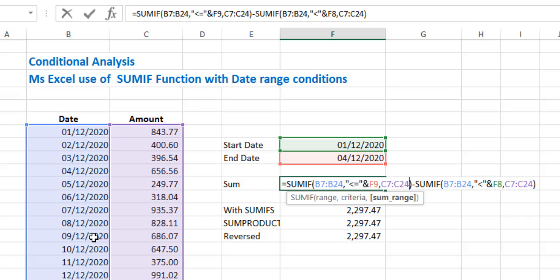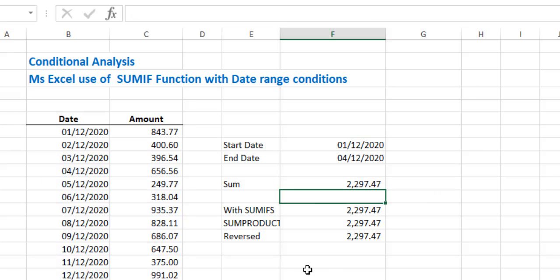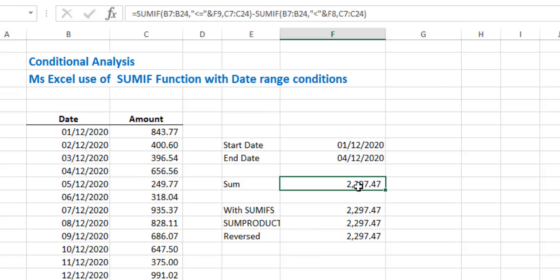So in the result of this formula, we can easily take the sum of the data comparatively analyzed with the date column, and to start the sum function from a particular date to the another particular date for a particular period. Simply we should say that we can sum this data. So I hope guys you can understand this. This way we can use the SUMIF function with the